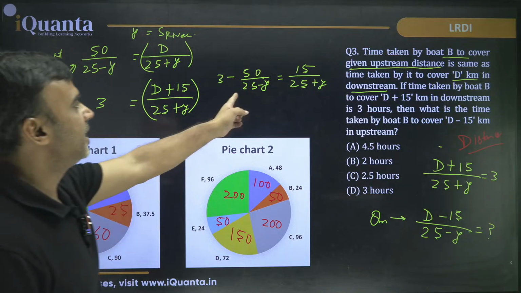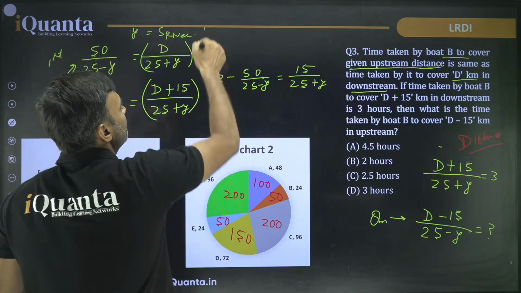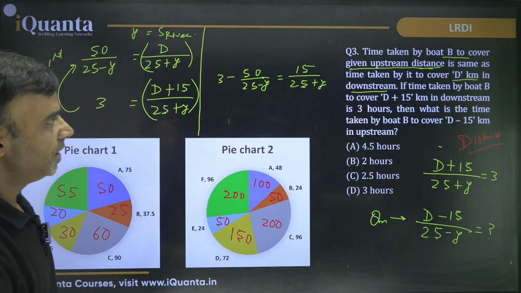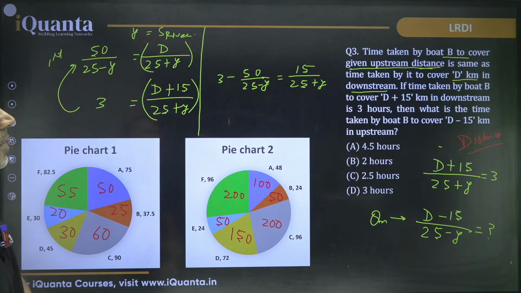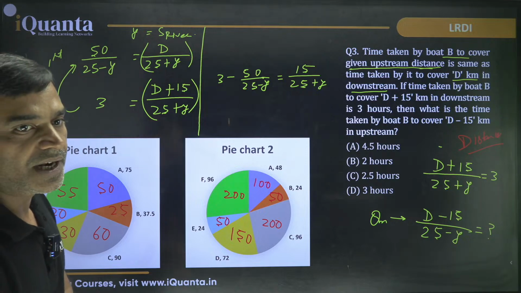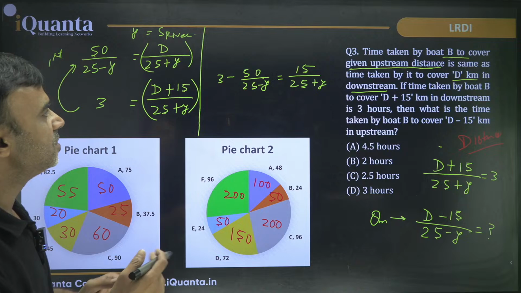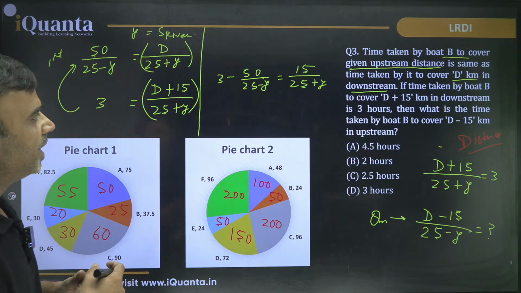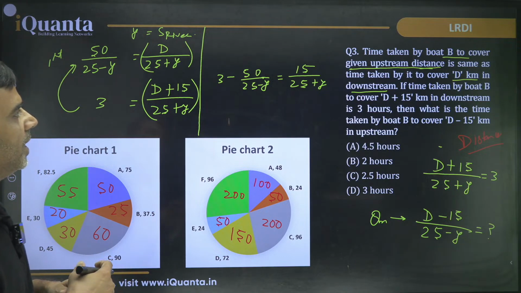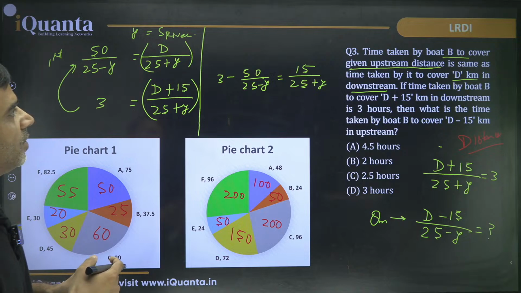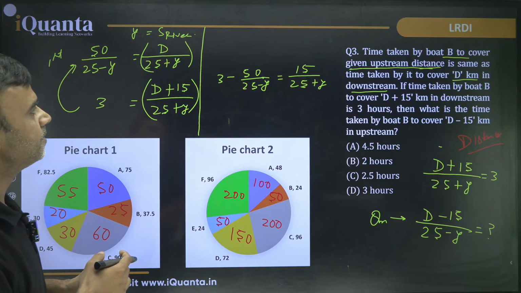I'm just trying to see, to solve this and find the value of y, is there anything that we can do? The variables are in the denominator. If they are in the denominator, I don't see any direct way to do it. So it's better that we directly do our calculation and see what happens.